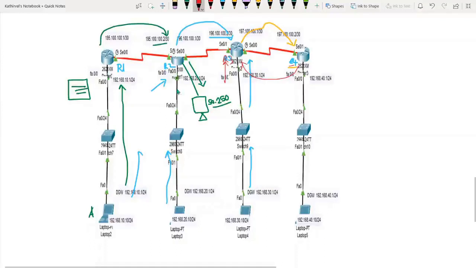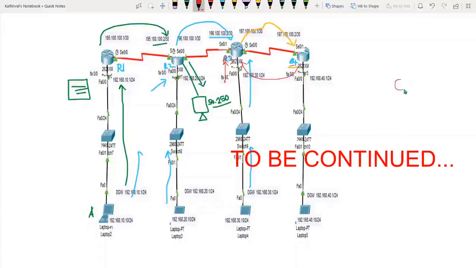As an explanation, there are stub networks in companies. For example, just imagine a router R5 and